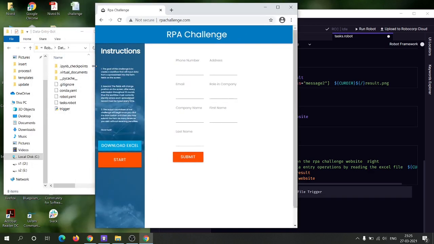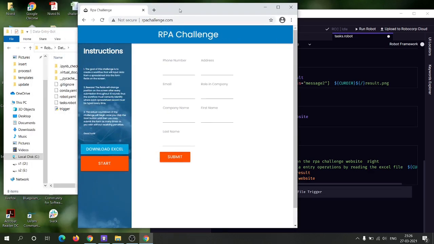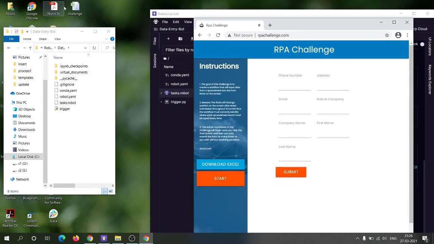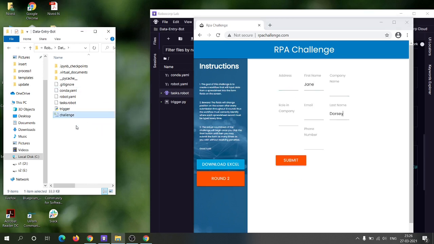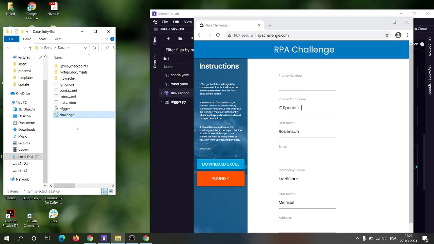Okay, so whenever I add this challenge Excel file, which contains the data for the data entry, to this current directory, it will start this data entry operation. So now let me add this challenge Excel file here. You can see that when I add the challenge Excel file, it starts the data entry operation.